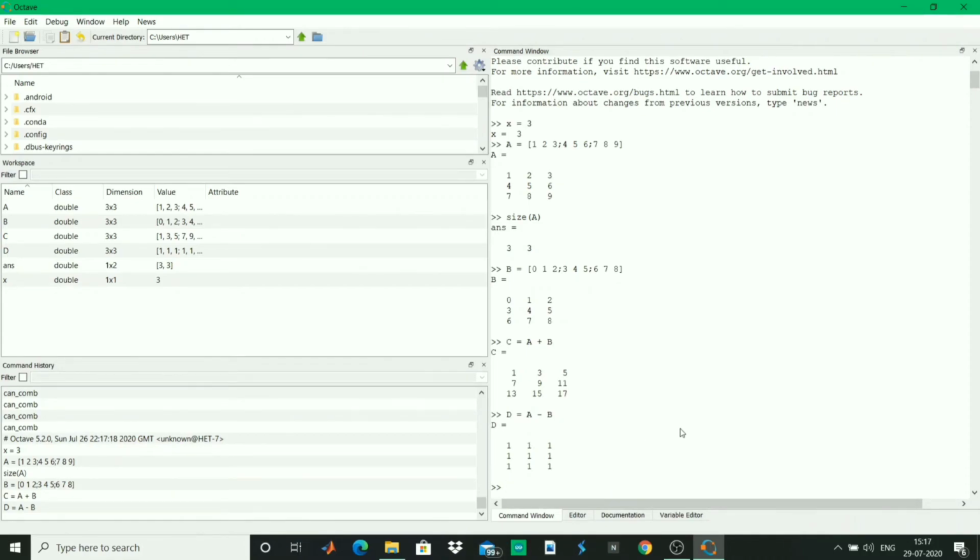So as we have completed the addition and subtraction operations on matrices in Octave, I would like to introduce you to multiplication and division operations on matrices using Octave too. But not in this lecture, because the mathematics of multiplication and division is quite different from addition and subtraction.